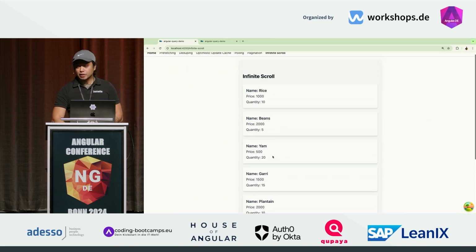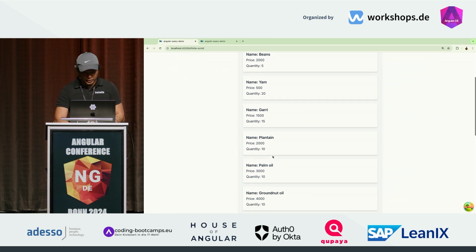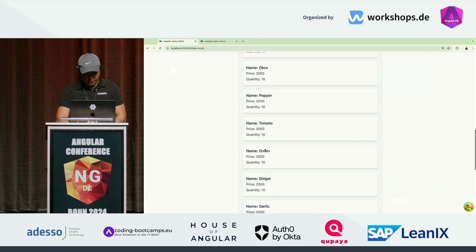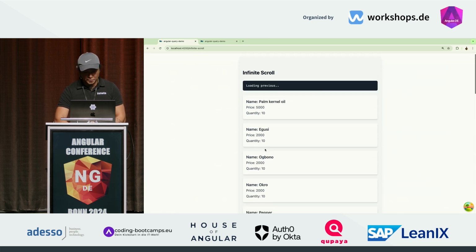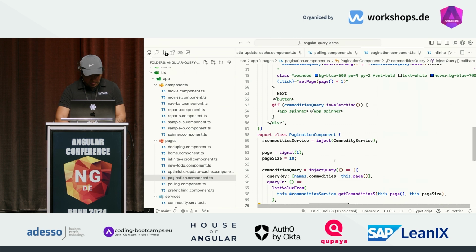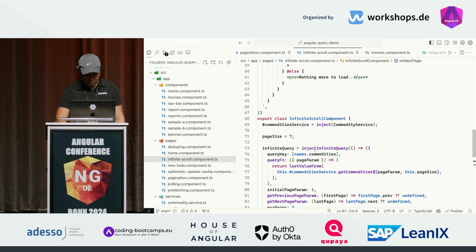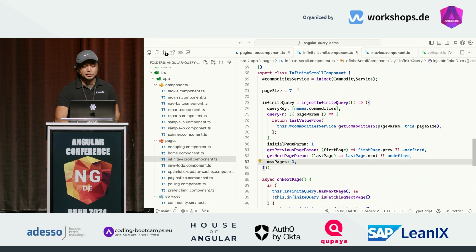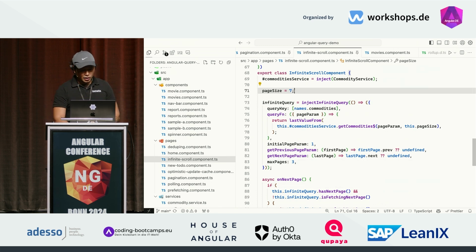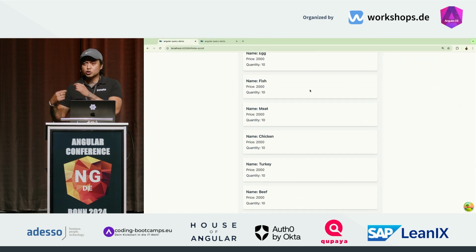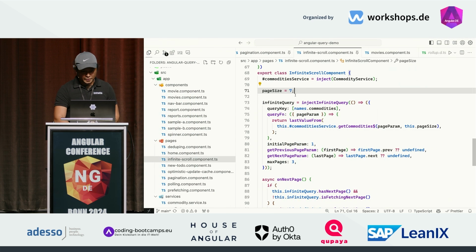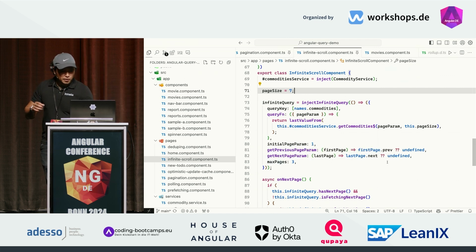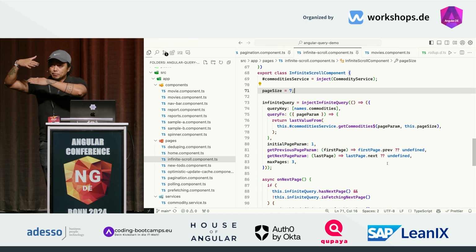The problem here is this can be problematic if you don't know what you're doing. Good thing TanStack Query is here. Let's see. What I did here is pretty much, I have a max pages of 3 here, but per page is 7. So if you're going to count those rows earlier, that must be 21, because 7 times 3 is 21. Max pages 3. So the way it works is you have this batch, 3 batches of 7